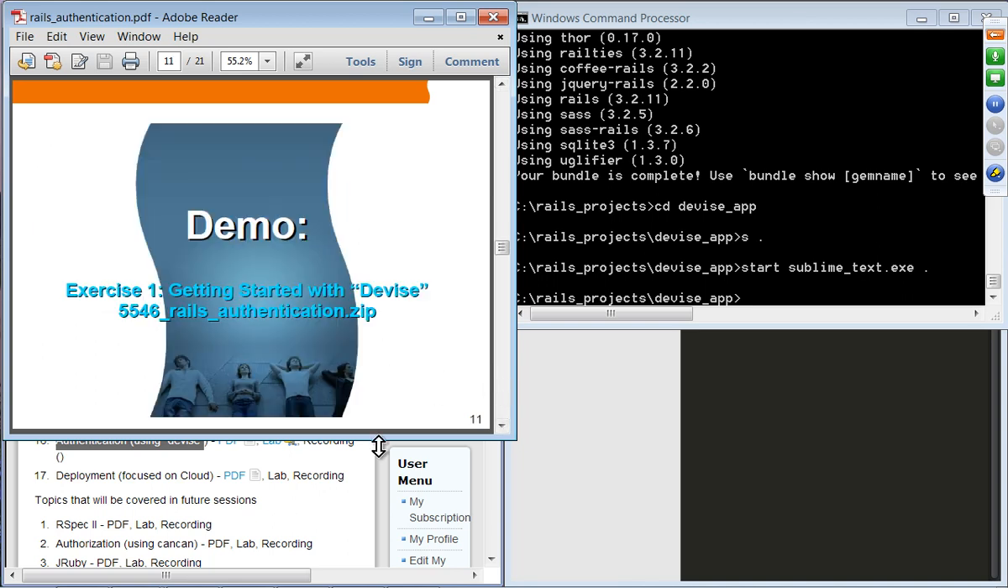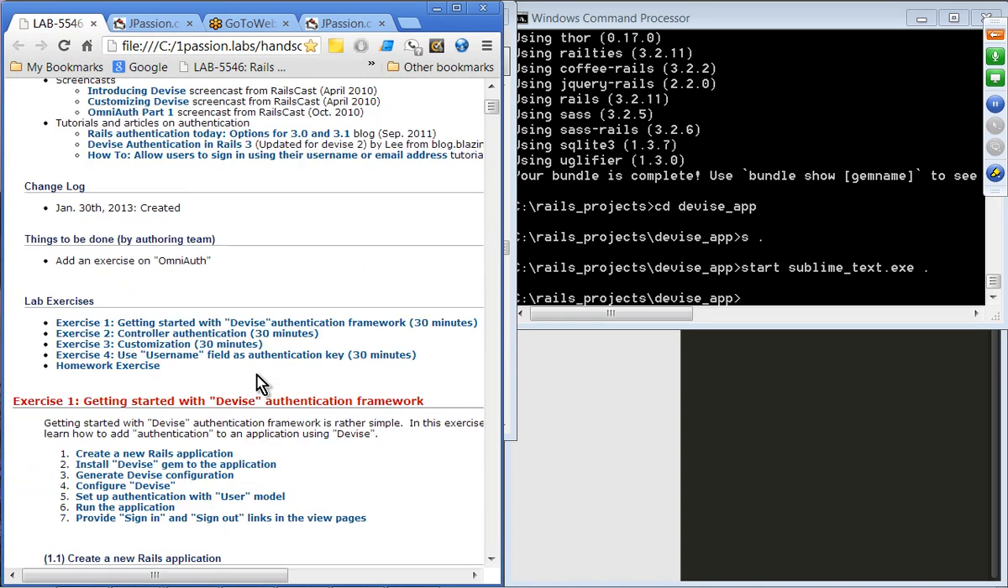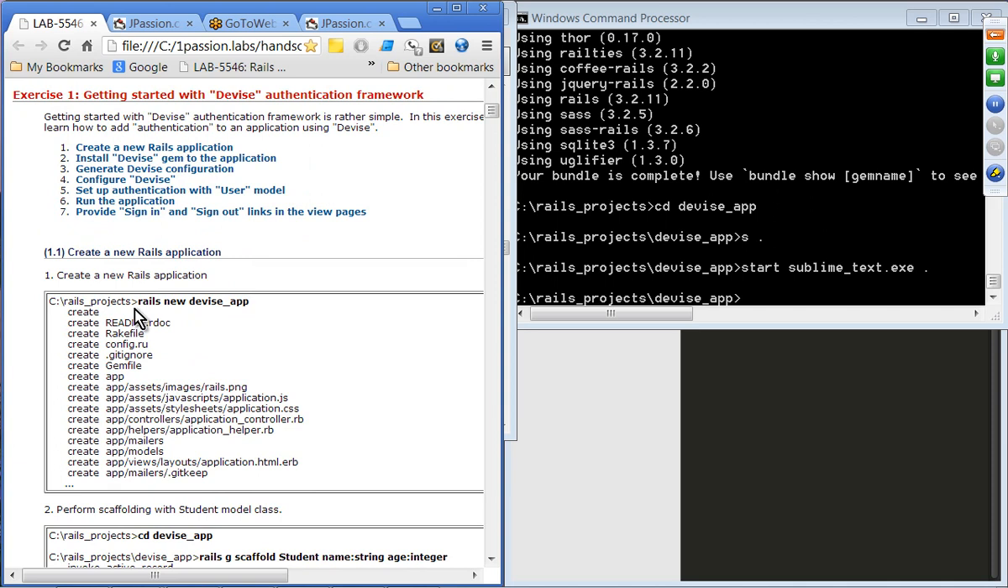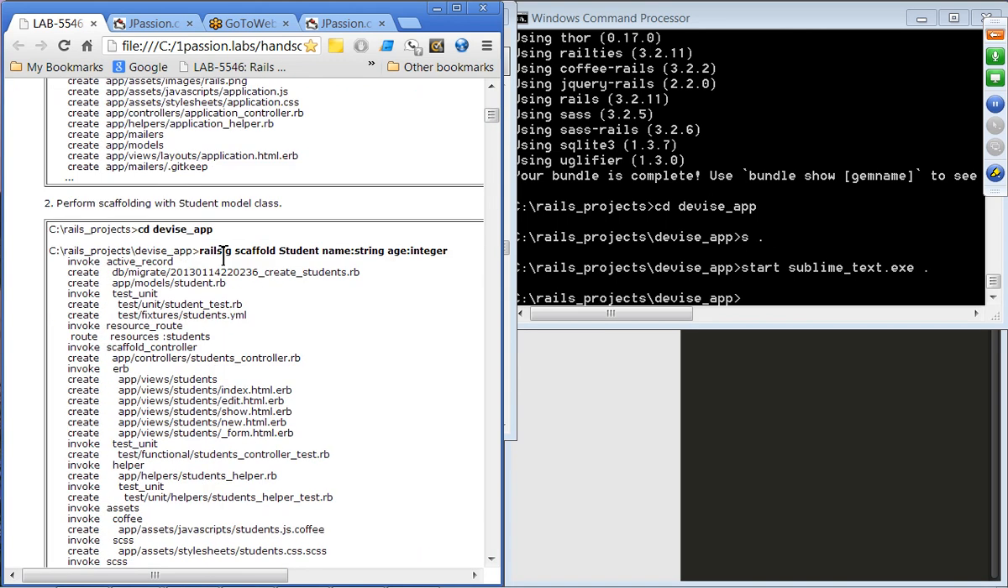All right, so let's do our first exercise. Our first exercise is getting started. We are going to start a brand new application. I have already done that. You say rails new devise-app, and a new application gets started. And here we're going to scaffold students. So let's try to scaffold the students. We have some basic